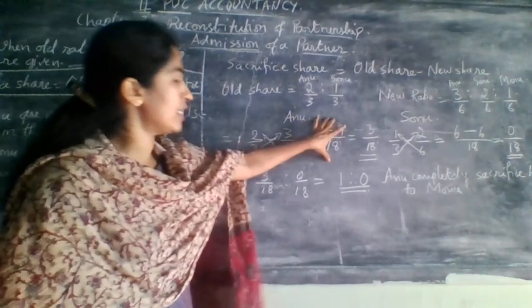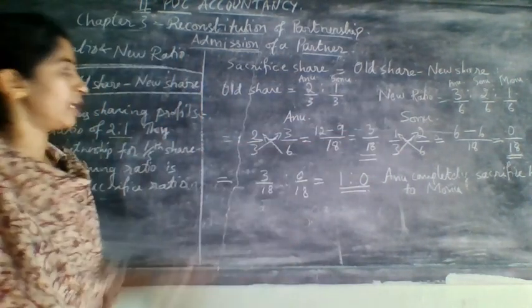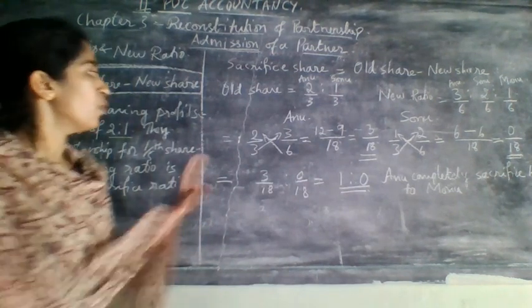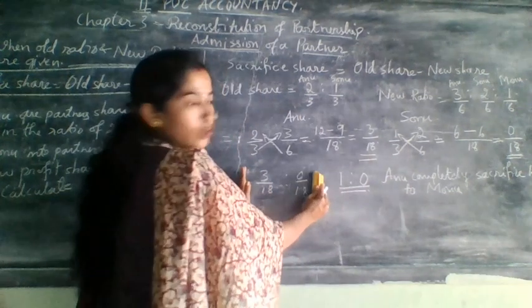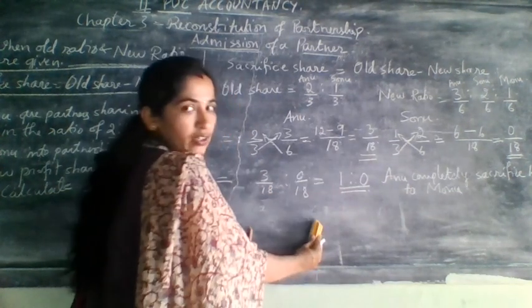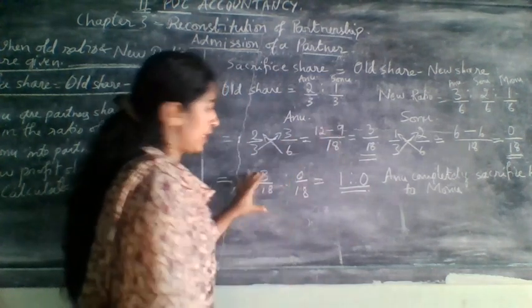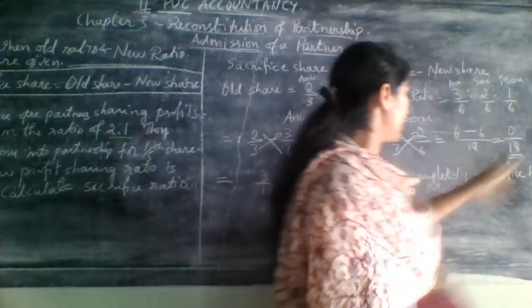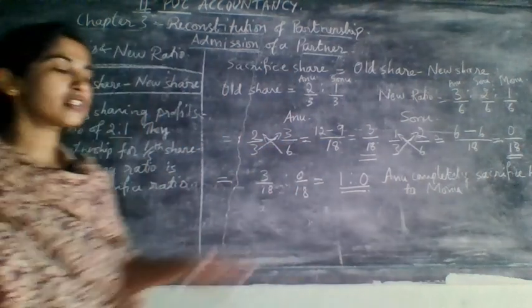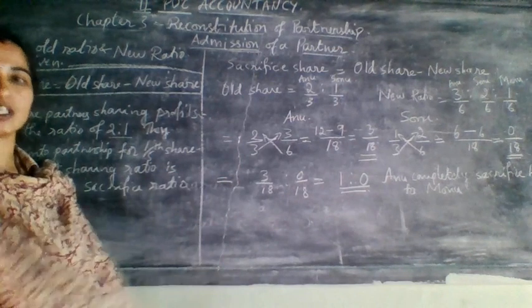Here, this step you can write below also. I have written like this only because I have space. If you do not have space in your notebook, whatever you have got you can write below, and then write this answer again in the next step. This is the first step, second step, and this is the third step. Here also this is the first step, you write the second step below it, and still below that is the third step. This is one method, by doing cross multiplication.